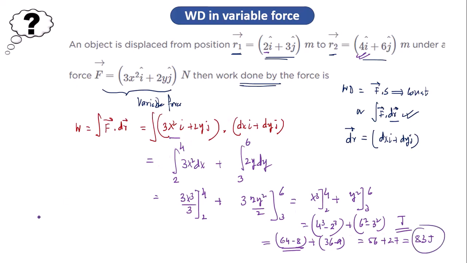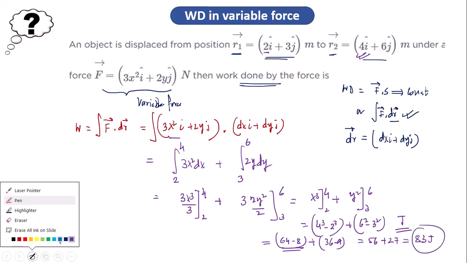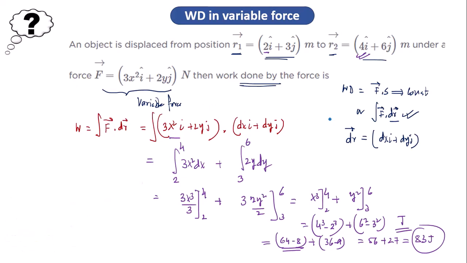Whenever we are doing the calculation for a variable force, keep in mind that you have to go for the integration rule. From that you can calculate the work done. So work done is the integration of F dot dr, and put the proper limits. Since the particle is moving from r1 to r2, take the limit of x as 2 to 4. The initial value of x is 2, the final value is 4, and similarly the initial value of y is 3 and finally it goes to 6. Put in the proper limits and do the calculation. So you will get the answer as